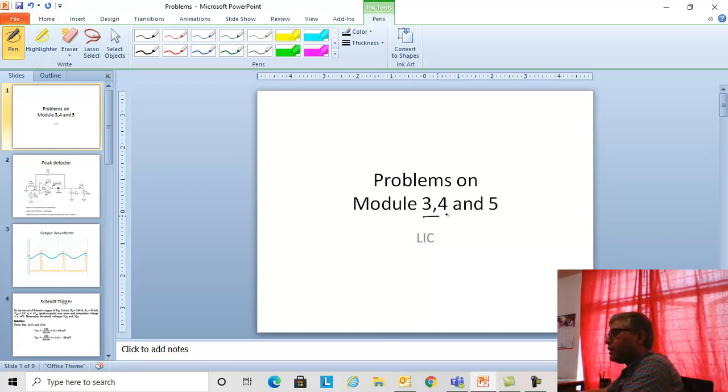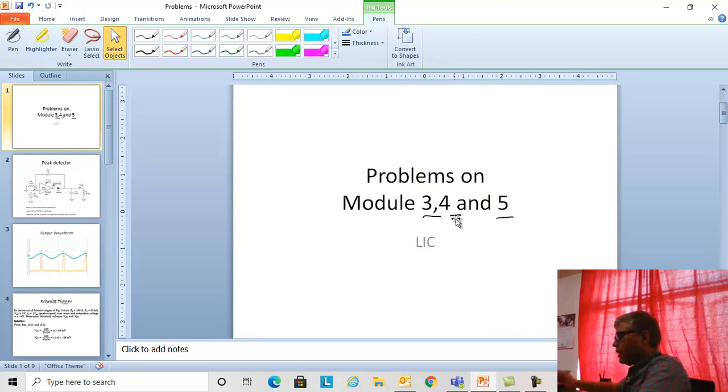Module 3 generally doesn't have many problems, so it's not much of a design basically. It lacks in design, so you can't expect many problems in 3, but 4 and 5 have quite a larger number of problems. Fine, so now let's go forward. I'll be putting my screen at only this much size because I need to write, so I have to do annotations.